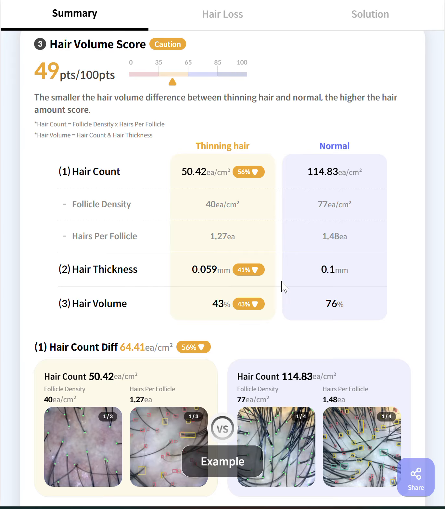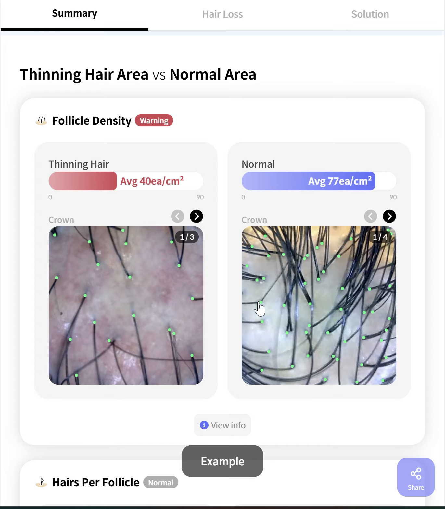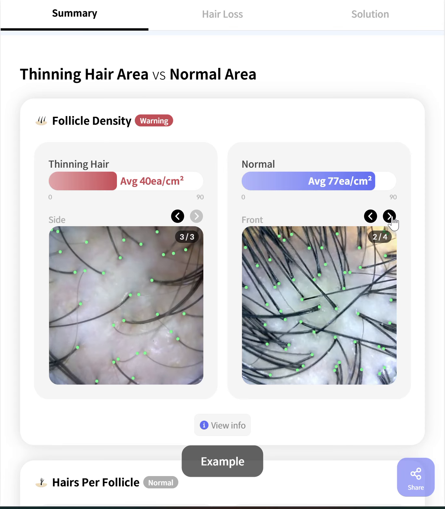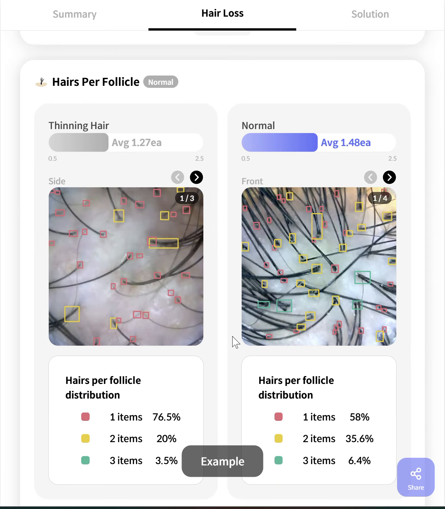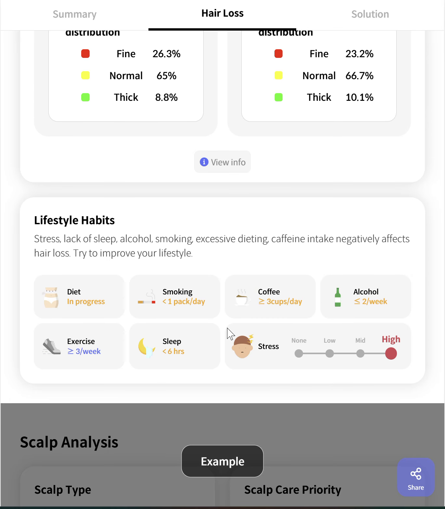For the hair volume score, we're going to indicate 3 different aspects, which are hair count, hair thickness, and hair volume between the most thinning parts and healthy parts. Because we are doing an in-depth hair loss analysis in terms of follicle density, how each area is looking different. And you can compare by clicking the side buttons, hairs per follicle, hair thickness,